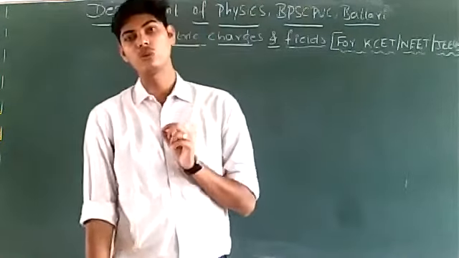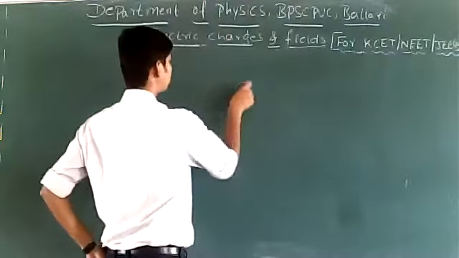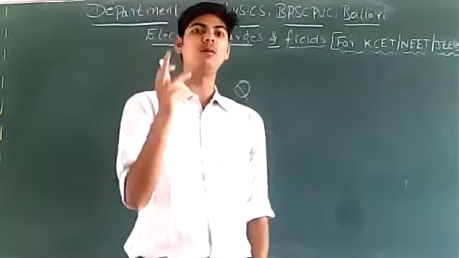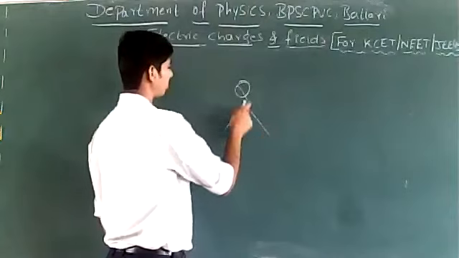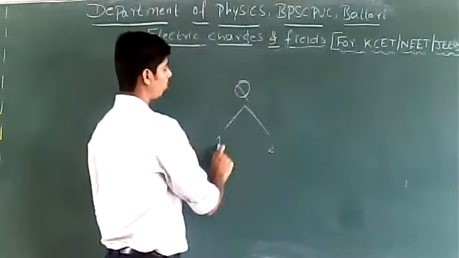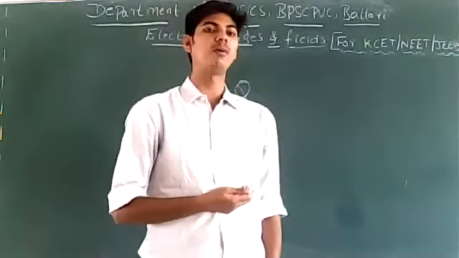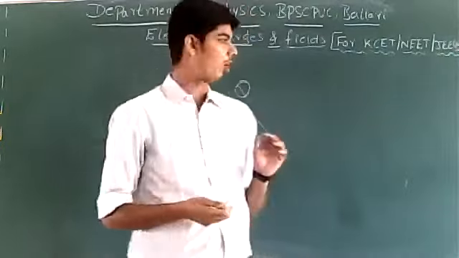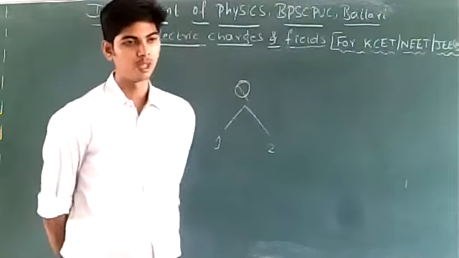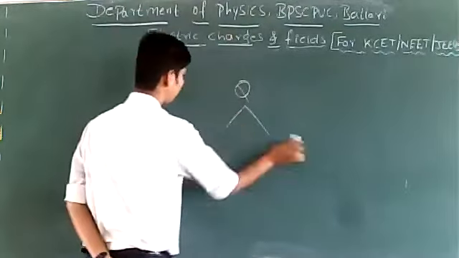And also I told you how a charge capital Q is to be divided into two parts so as to have maximum force between the two charges. Suppose I want to divide this charge Q into two parts, part 1 and part 2. How must it be divided so as to get maximum force between them? Do you remember how they must be divided?